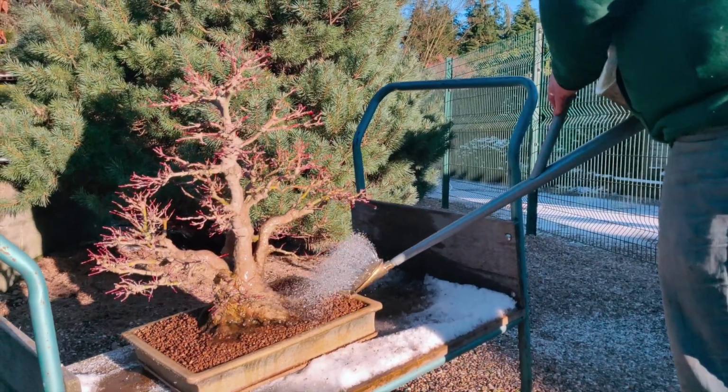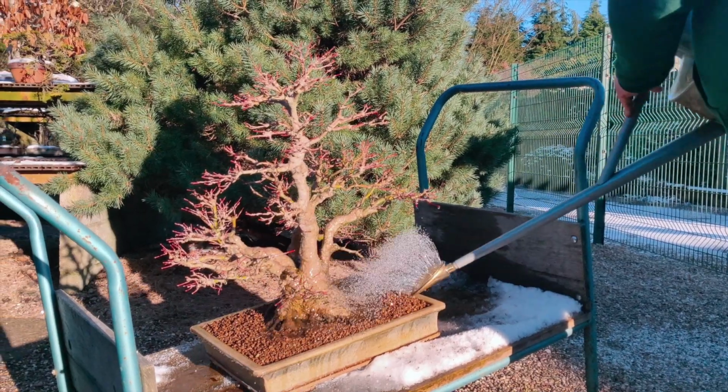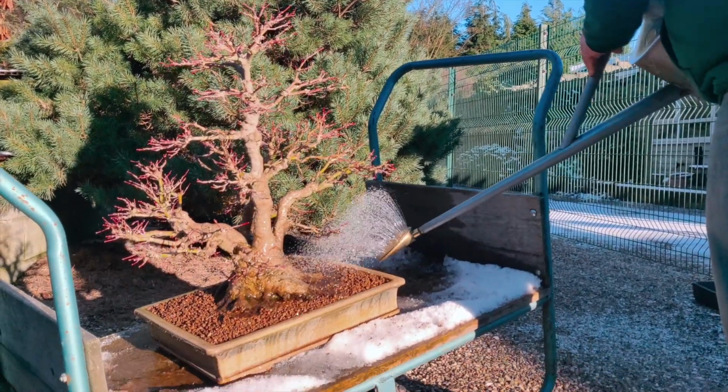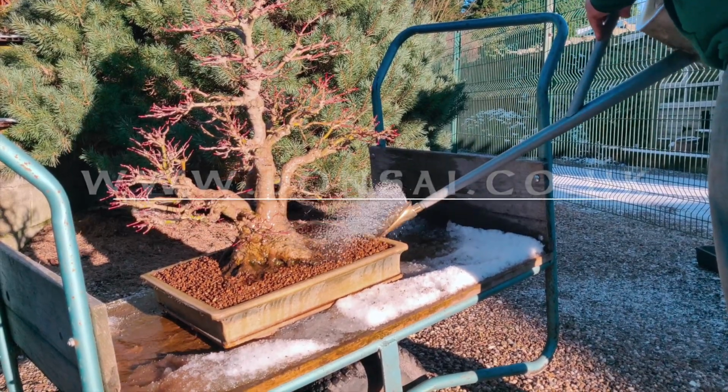Ordinarily, if you could choose, you'd do this work sort of mid-March. But because it's a bit colder here, a little bit of snow on the ground, once this is watered, this tree is going to be put into just an unheated greenhouse, just to shelter it for the next few weeks until